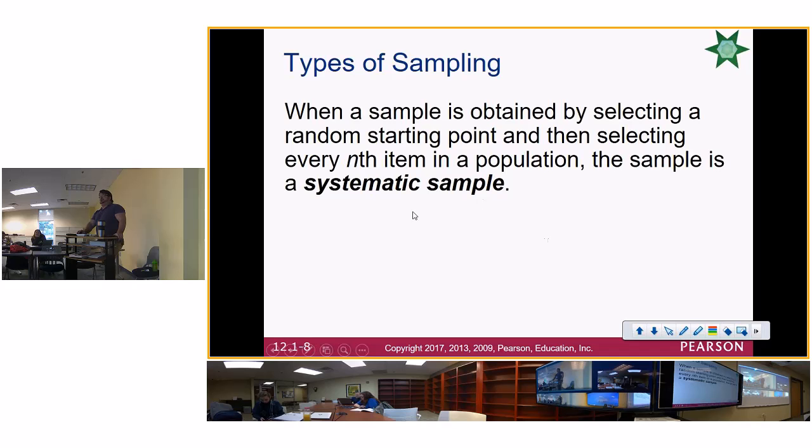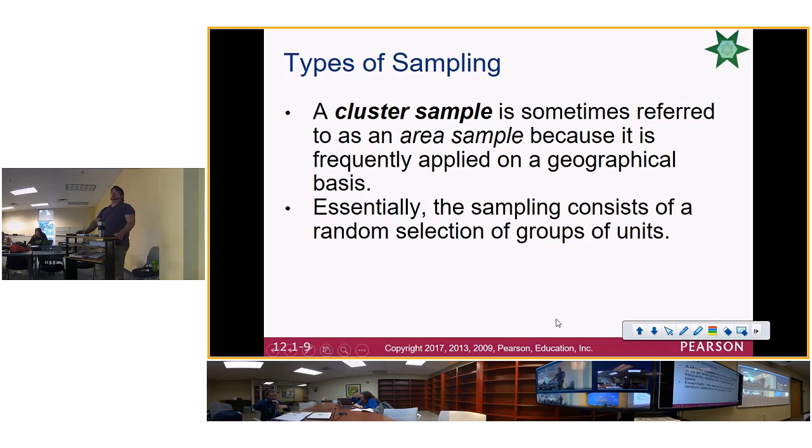So that's another good definition. And it is the second most reliable. Are you in a trance? Okay, no, you're not. Next, a cluster sample